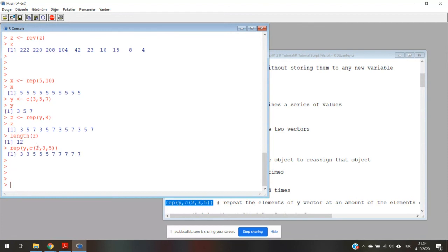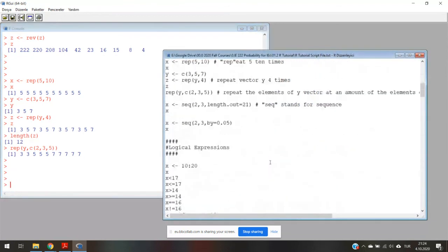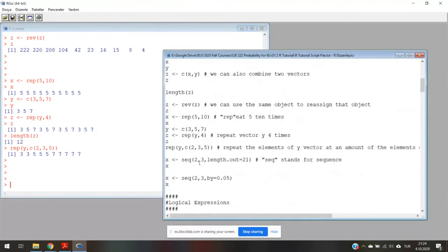So the total number of elements in the vector is going to be 10 because the count vector sums up to 10. The first element of y will be repeated twice. The second element will be repeated 3 times, and the third element will be repeated 5 times. So this is how we use the repeat argument. And there is another argument which can help us to create